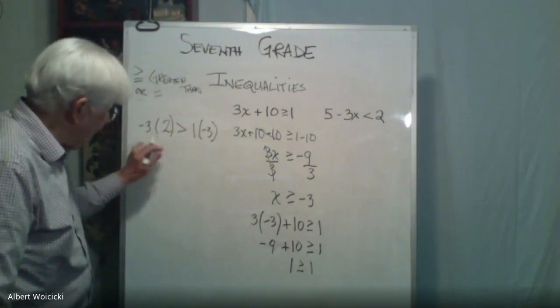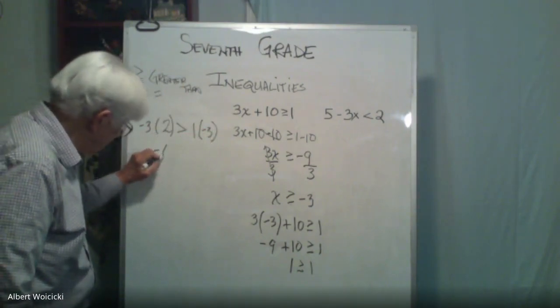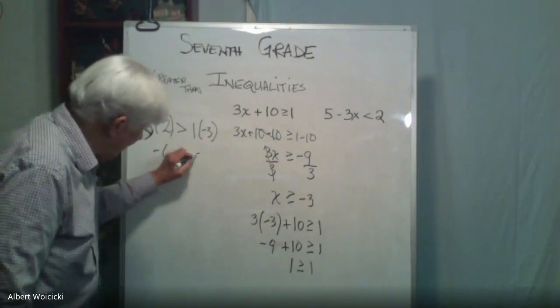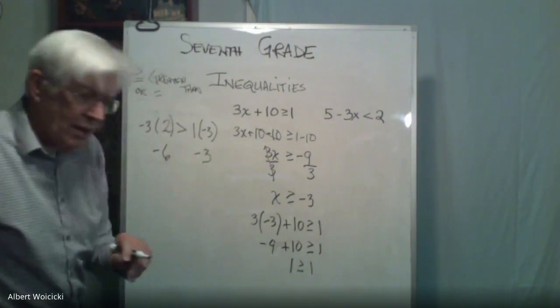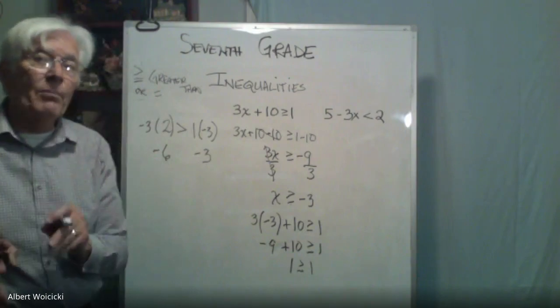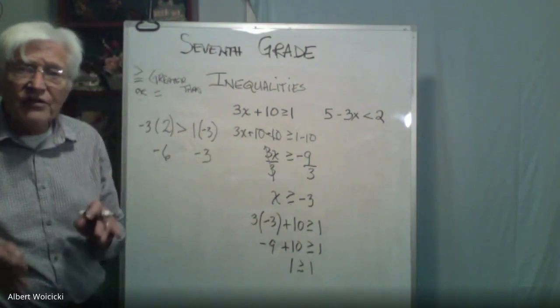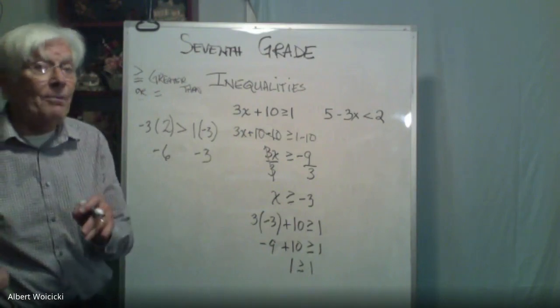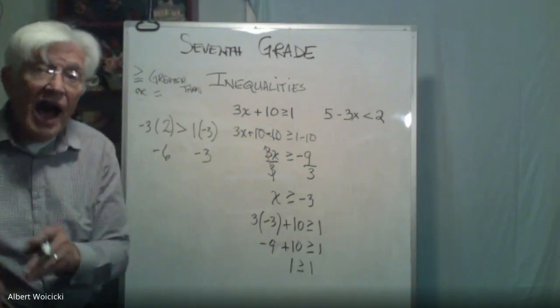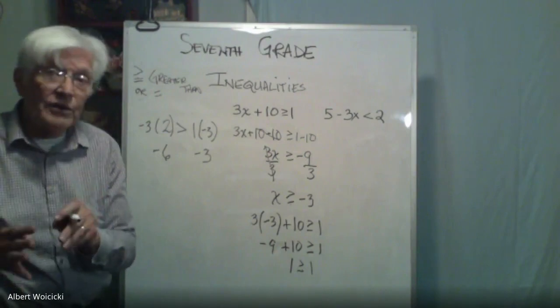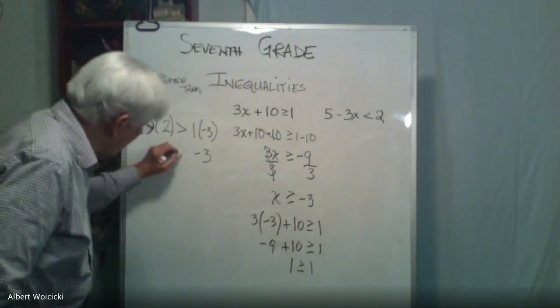This becomes the opposite of 6. This becomes the opposite of 3. Now, if I were to keep my statement greater than in this direction, I would be wrong because the opposite of 6 is not greater than the opposite of 3. So this